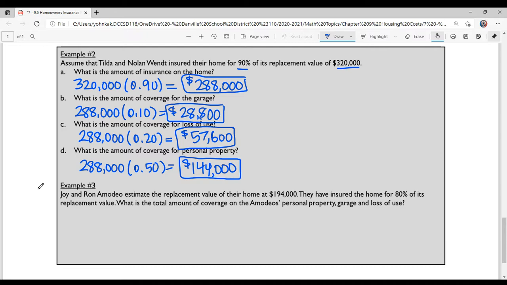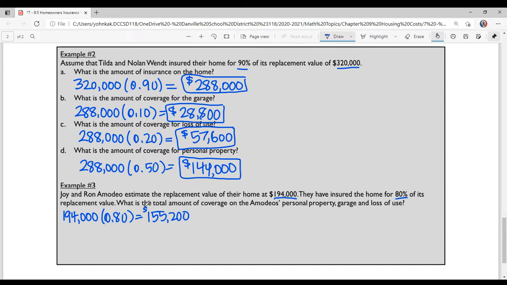Okay, finally, example number 3, Joy and Ron Amodeo estimate the replacement value of their home at $194,000. They have insured their home for 80% of its replacement value. What is the total amount of coverage on Amodeo's personal property, garage, and loss of use? Okay, so they want us to actually do A through D and then to add up the 3 different coverages. So first we need to find the total amount of coverage. So take the 194 and multiply it by 80%. That gives us